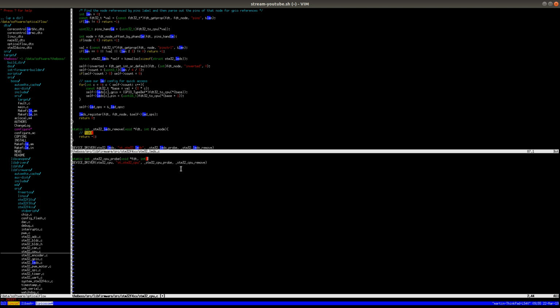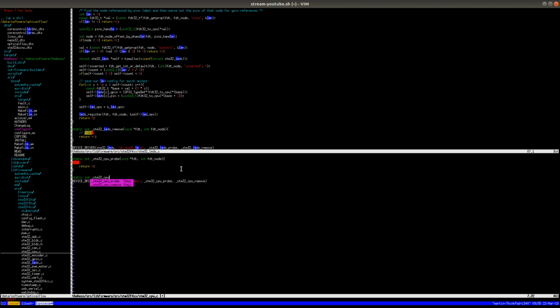And I didn't want that, but I still wanted to have this automatic functionality to be able to just write a C file and not change anything anywhere else. So as long as this C file gets compiled into the firmware, it's going to actually run, and it's going to be probed on any device tree node where this code is relevant. Like any device tree node that has the compatible string equal, in this case, to STM32 CPU. So FDT node, and we want to, let's see, so we're going to return 0 here as a success, and